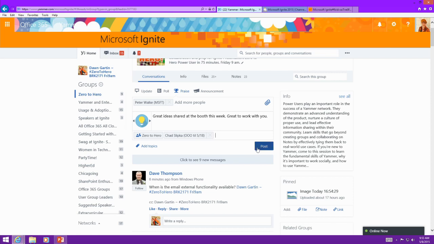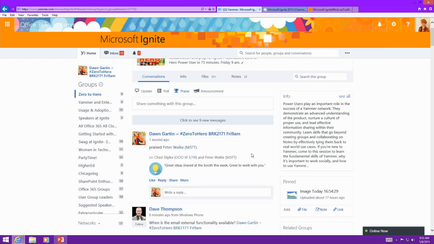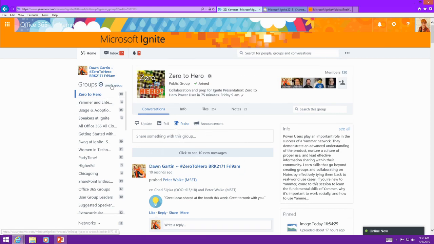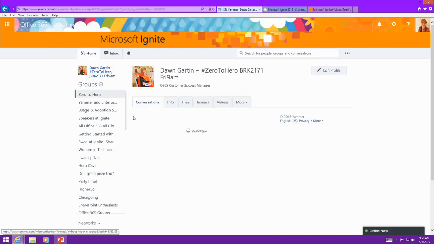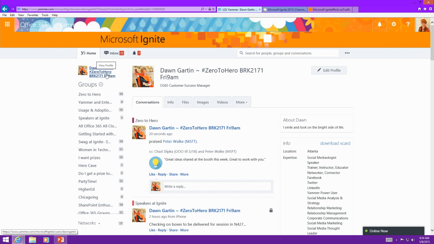So instead of me sending an email, copying a couple people, or maybe not knowing who to copy, I can give that exposure. Another great tip as a power user is to screenshot that information and use it when you have your annual or biannual reviews. It's a great way to showcase how your colleagues are talking about you. Another way to grab that information is, again, in your profile. So I just clicked on my name. Remember how we could see all the content that I'm involved with? And then I've got the More option, and there's praise.